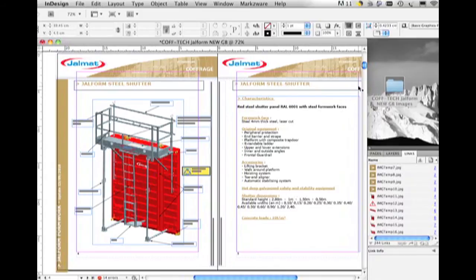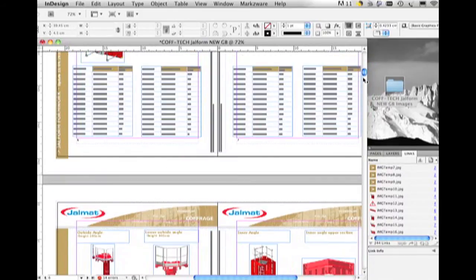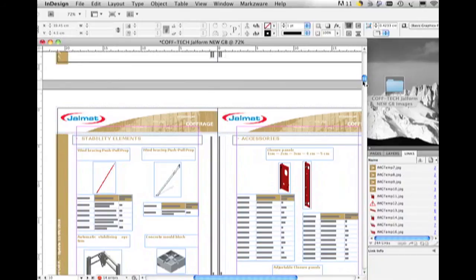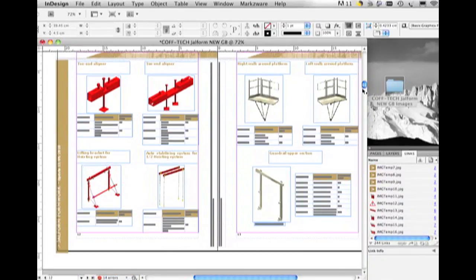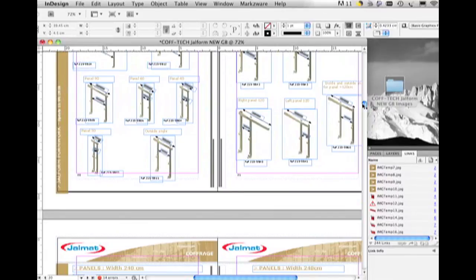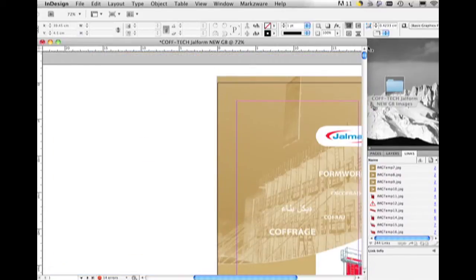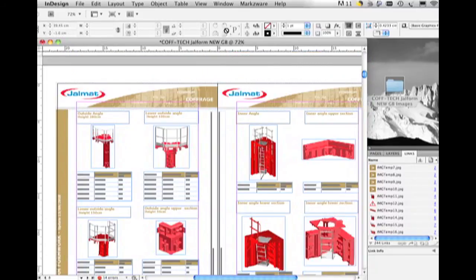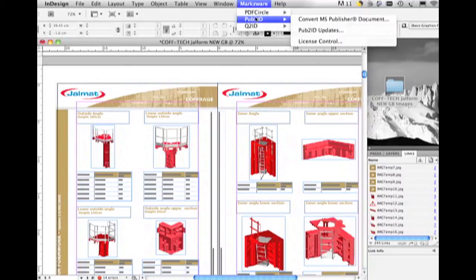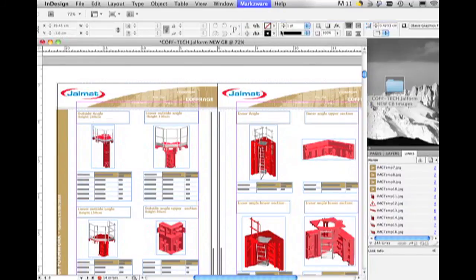Now, with any conversion, we do recommend, of course, that you do a complete check over, a pre-flight, if you will, preferably with FlightCheck, standalone pre-flight, easy to use, so you don't have to fumble around with confusing terminology within other built-in, sub-quality pre-flighting systems. FlightCheck will let you know really quickly what's going on. But what you see here is the amazing ability of the Marksware conversion tools. In this case, Pub2ID version 3 for InDesign CS5 or InDesign CS4, Macintosh or Windows.